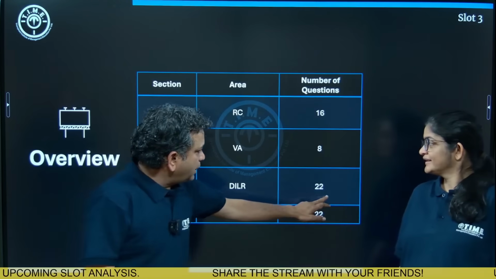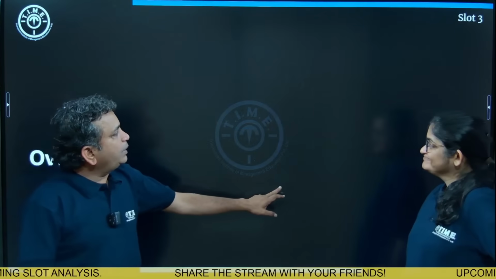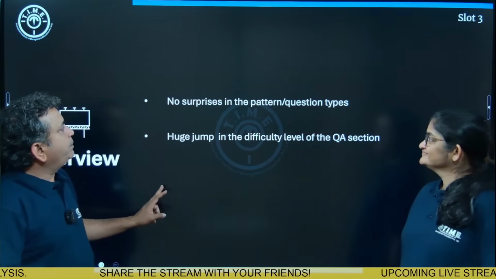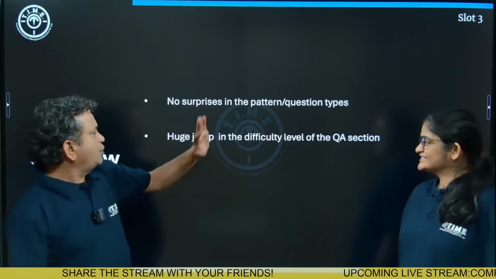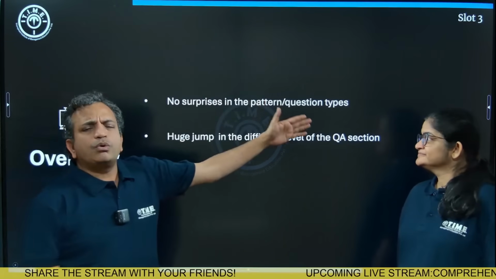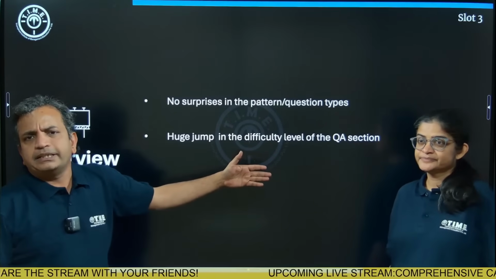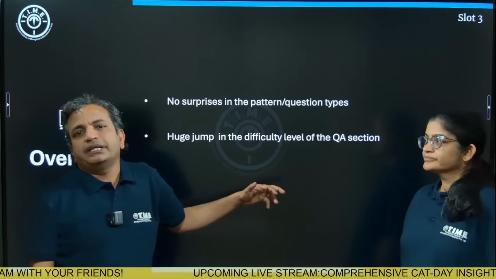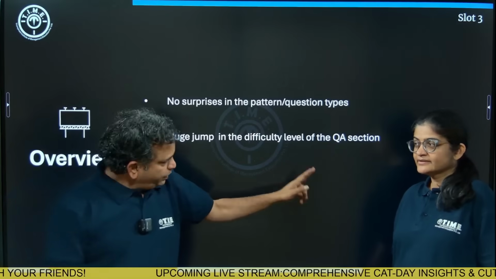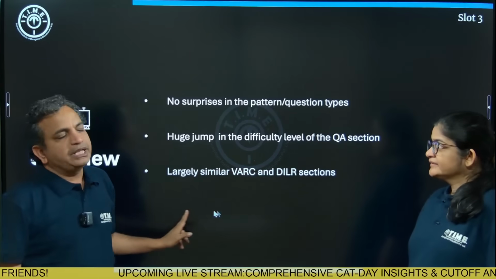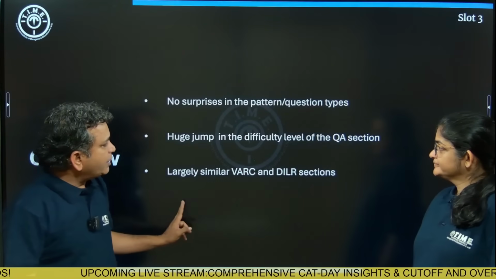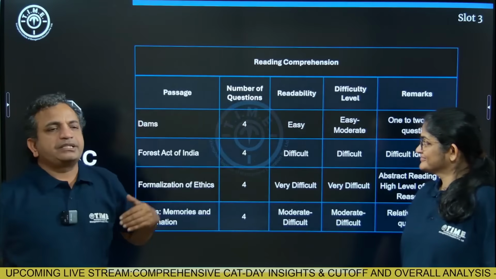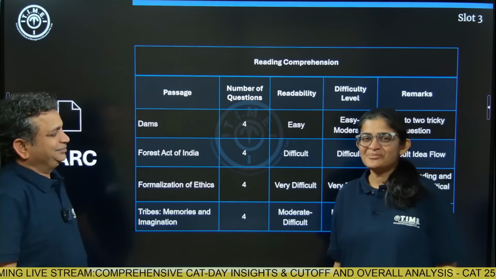So let's move over to Lakshmi, who will help us understand the animal called CAT, how it behaved in the VARC section. Overall, we know that there is not much of a difference in the paper in terms of the structure, but for the fact that in terms of difficulty level, there is a surprise in the QA, which we'll hold for a couple of moments, because we need to now jump into the VARC section, right? So let's now look at the VARC section. Over to you, Lakshmi. Thank you, Ramnath sir.